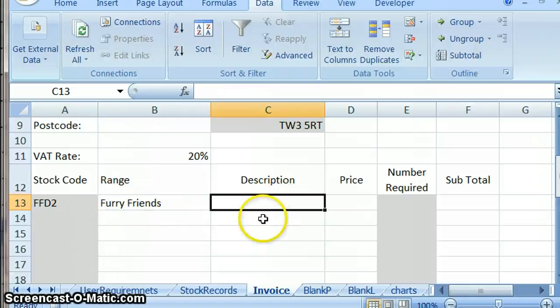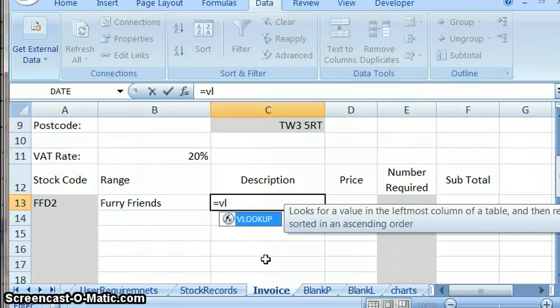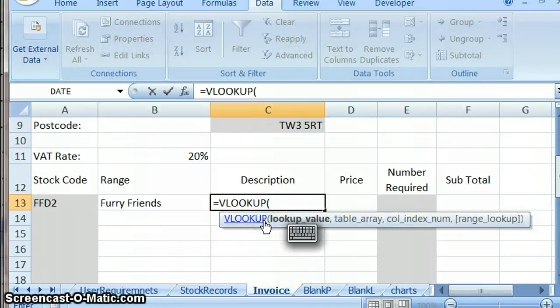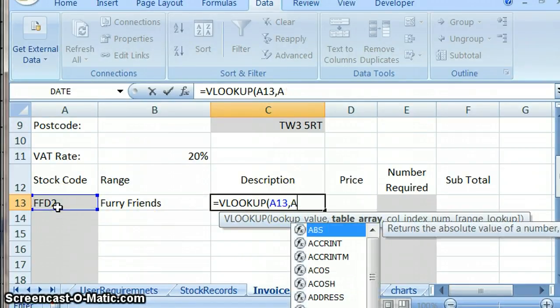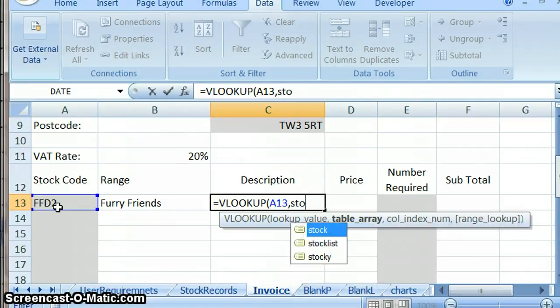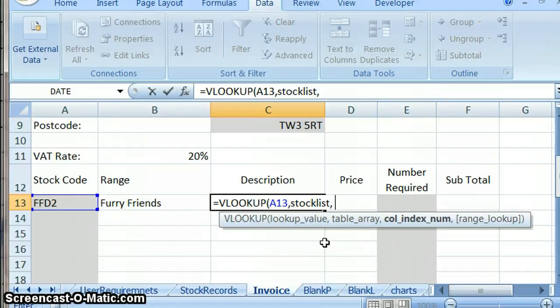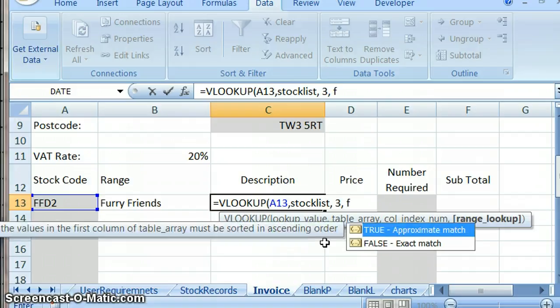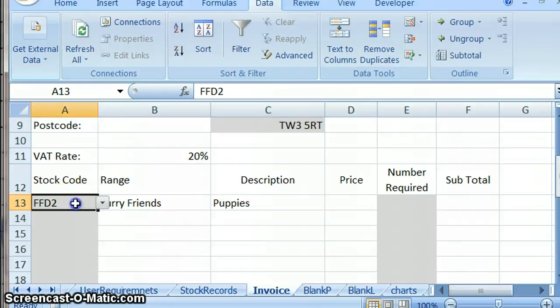Okay, now let's go and get the description. The description, I think, is in column 3. Again, it's very straightforward. It's a VLOOKUP formula. So whenever things come up, I make use of them. We want to look up our stock code, obviously, because that's what we've typed in. Comma. I want to go to the stock list table, so I start typing in stock list. There's my stock list table, so I don't make any spelling mistakes. This time I want the value returned in column 3. And again, I only want exact matches, so I'm going to type in false here, or you double click on false and press enter. That's fantastic now, because all we have to do is choose that, and